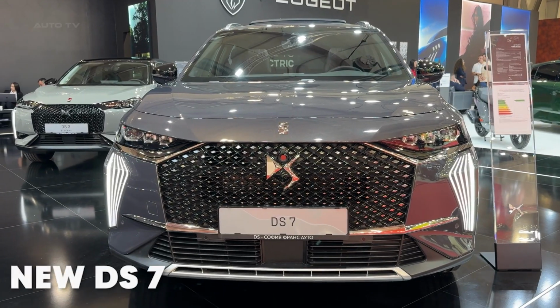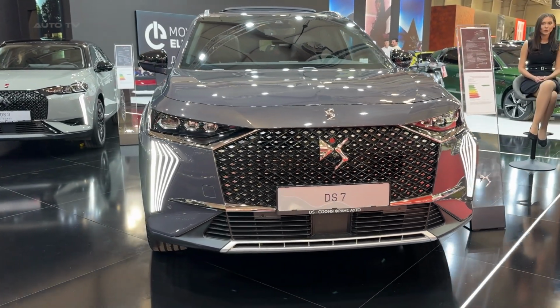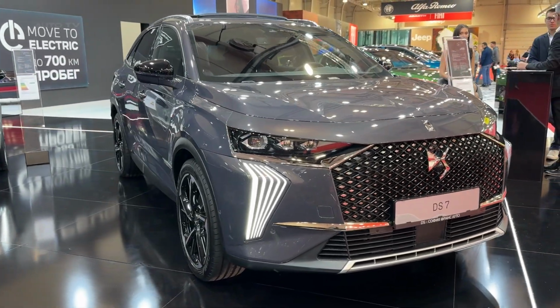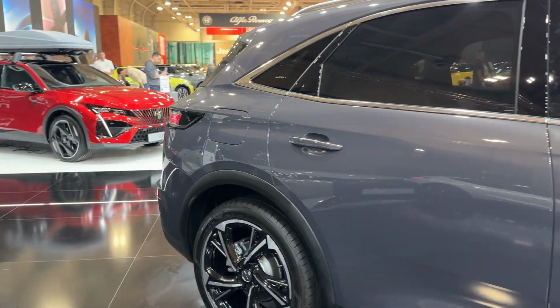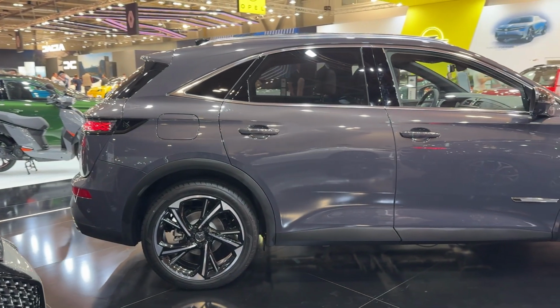Hey everyone, today we're diving into the 2025 DS7, a French luxury SUV that's looking to shake up the premium crossover segment. Does it have what it takes to challenge the German establishment? Let's find out. In the increasingly crowded luxury SUV segment, the 2025 DS7 arrives with French flair and distinctive styling